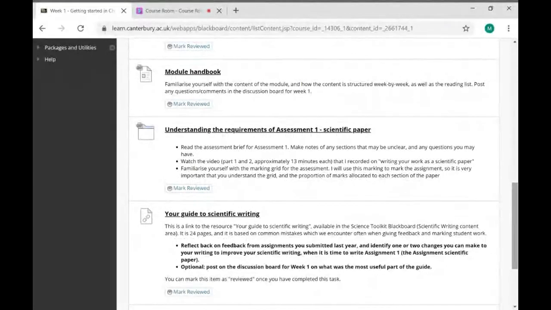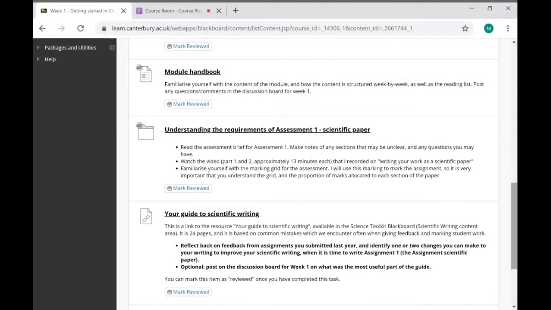I've also provided a link to understanding the requirements of assessment 1. This is a link to the assessment brief for assessment 1, the scientific paper, and to the marking grid. I've also recorded a couple of videos on writing your work as a scientific paper. It is very important that you familiarize yourself with the marking grid, with the instructions for the assessment, and with explanations of what constitutes writing a good scientific paper, and that will set you up to get, I'm hoping, an excellent mark in your scientific paper,